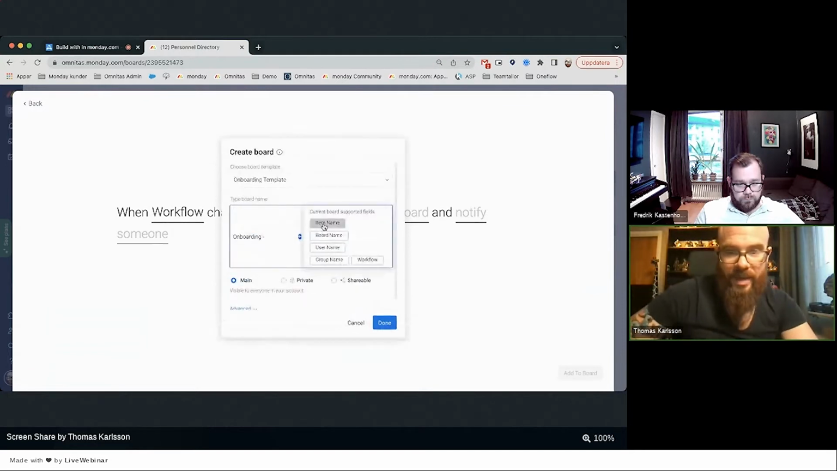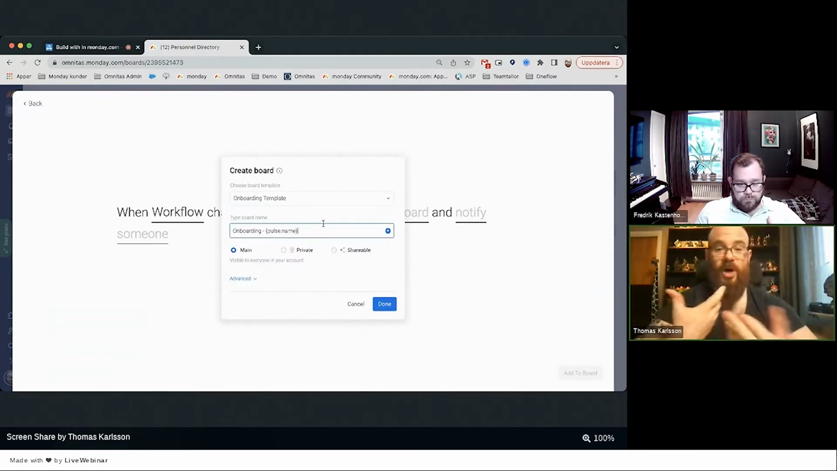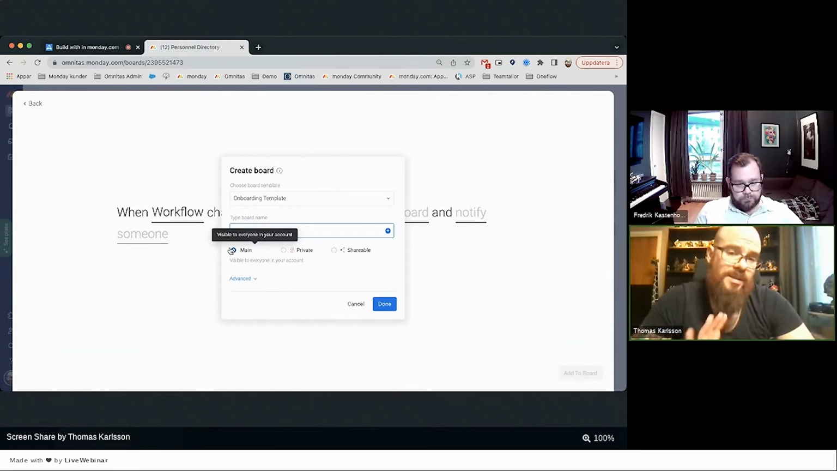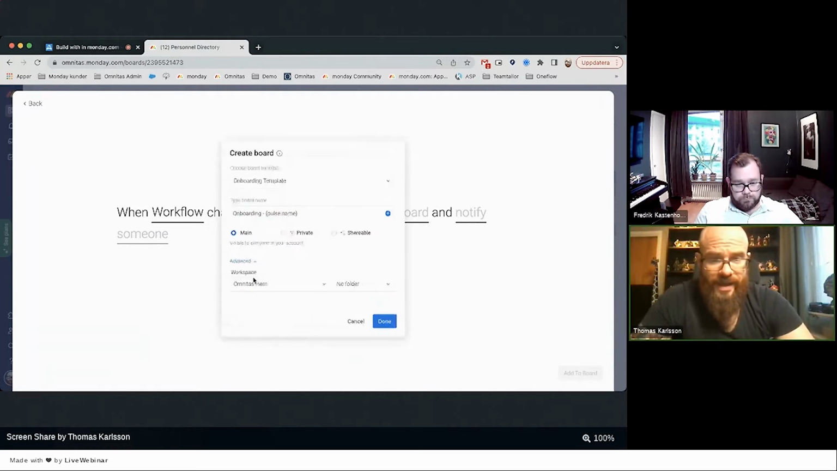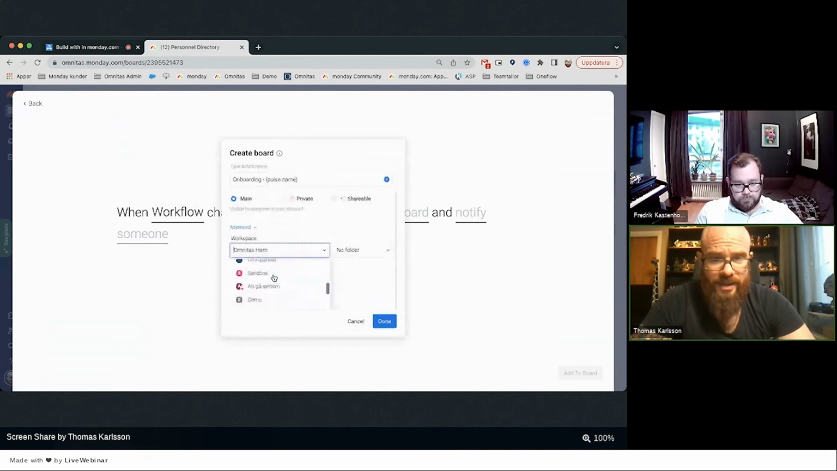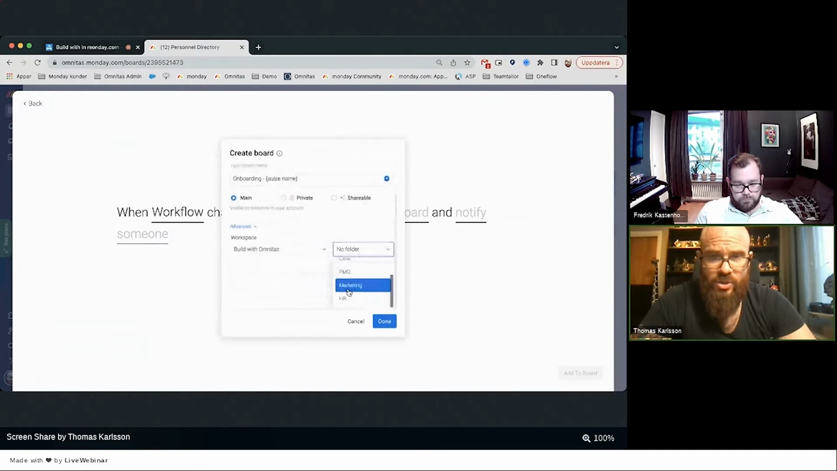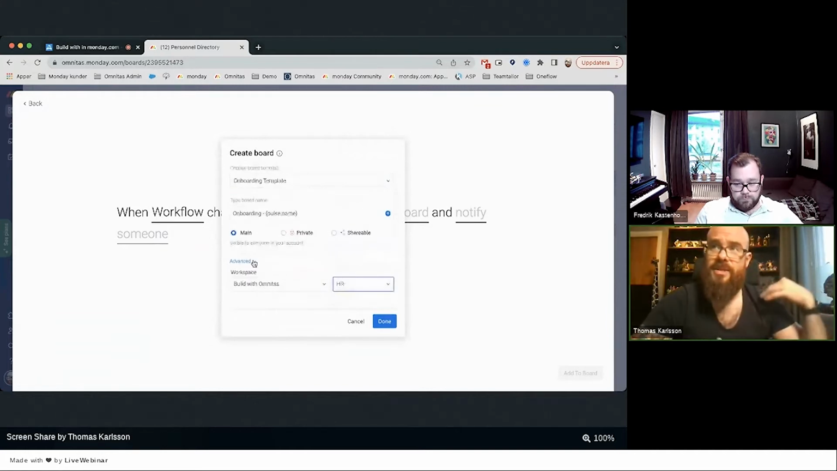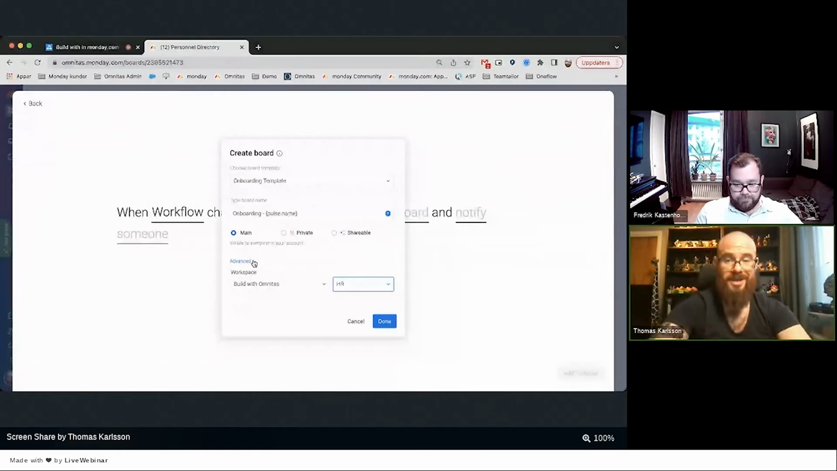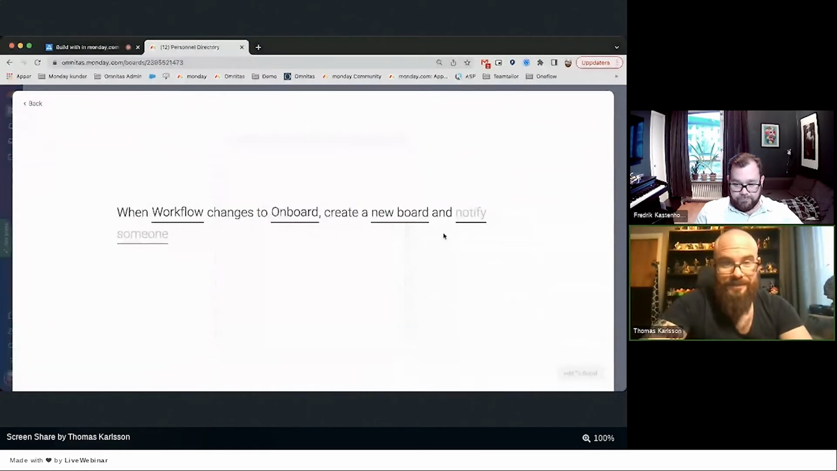and item name. So it will be onboarding dash the person. Of the person, exactly. Let's create it as a main to begin with. Let's see what advanced options we have. We have the ability to set the workspace, and the folder would be HR. So don't forget that, so it doesn't create a bunch of private personnel boards in the main workspace. Done. And then we want to notify